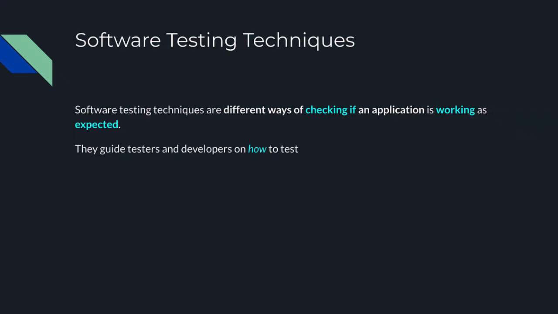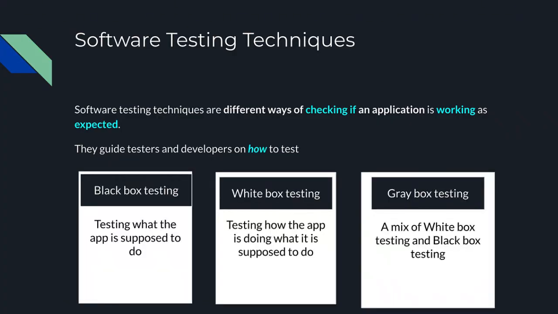Software testing techniques are different ways of checking if an application is working as expected. They guide testers and developers on how to test. In this video, we are going to cover three types of software testing techniques: black box testing, white box testing,